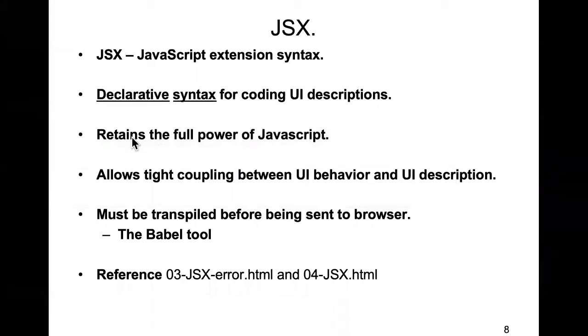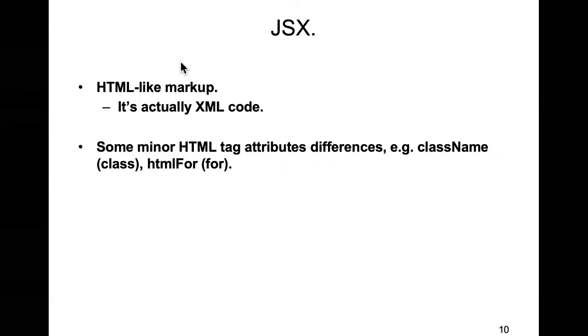Okay, so that's our first look at JSX, this declarative syntax for coding up our user interface description. So it's very HTML-like, as you saw. In fact, it's 99% HTML. Technically, it's XML, but we needn't worry about that. And there are some very minor differences between JSX and pure HTML. In fact, we've just seen one of them, and it's probably the only one that we see throughout this course,